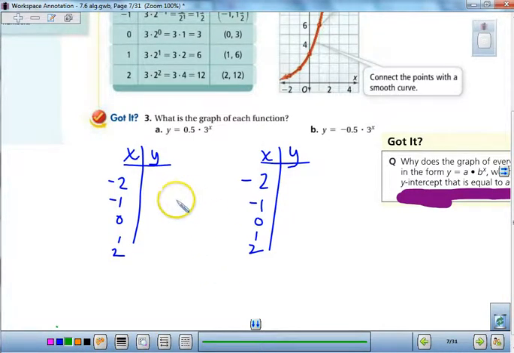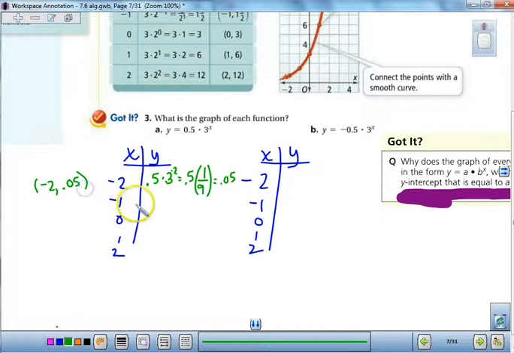So you should start making your tables. I'm going to start the first one for you to show you the work you should have, then you're going to do the second one and pause it. As you're looking at this first one, we are starting out with 0.5 times 3, if we're going to take it to the -2 power, that actually means 0.5, and on your calculator you're going to take that times 1/9. When you put that in your calculator, you actually get a very small decimal, 0.05. So our first ordered pair that we're going to graph is going to be